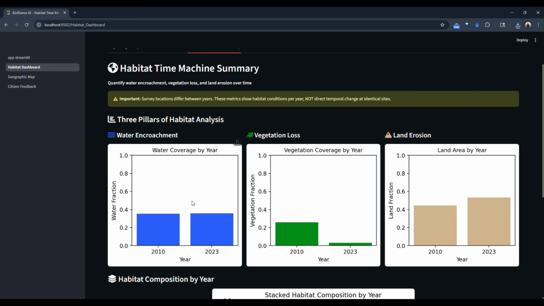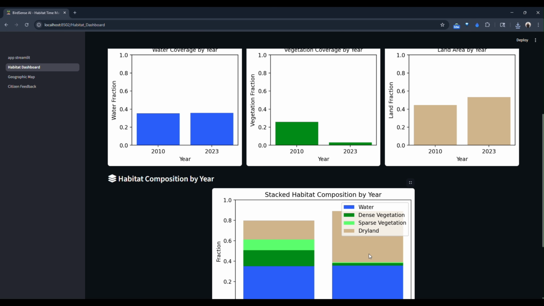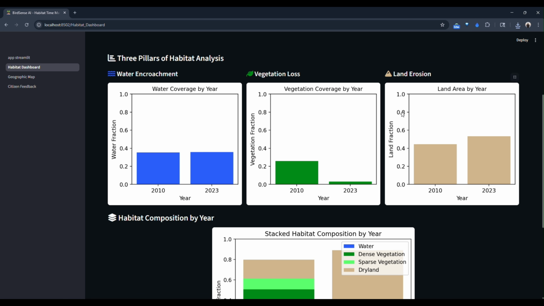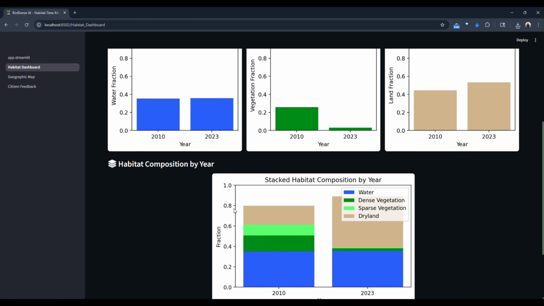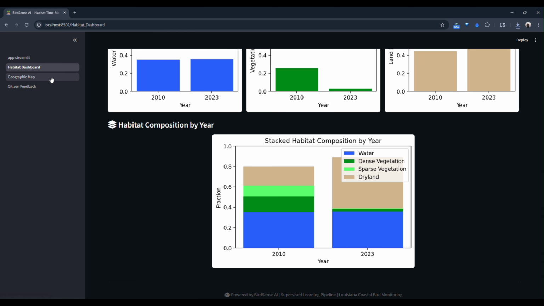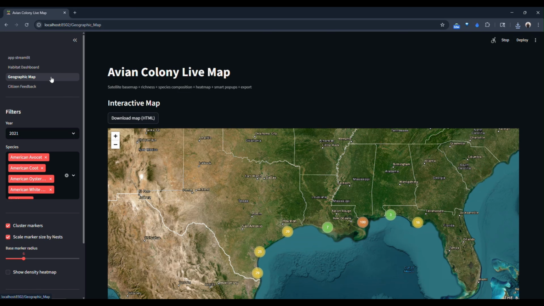So let's move on to the Habitat Time Machine summary. This is the summary of Breton Island in 2010 and 2023. We could see water coverage by year, vegetation coverage, land erosion, and each and every metric represented in the form of bar graph. Now let's move on to the geospatial map. This is the avian colony live map. So you're able to see